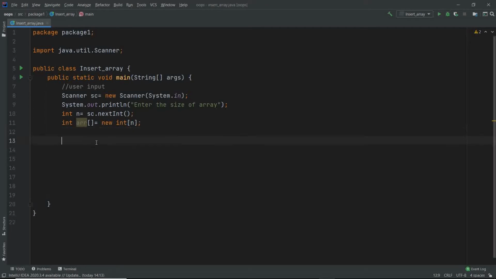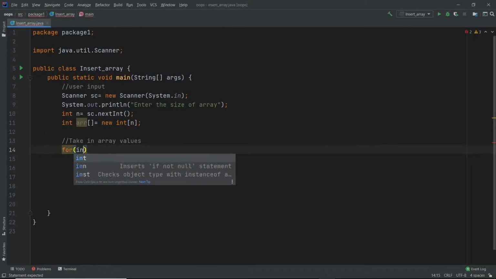Okay, so the second thing which we have to do is read the array values. Take in array values. I'm using this comment so that if you look at this code after the program, it would be very easy to interpret what is what. So for that we need a for loop.